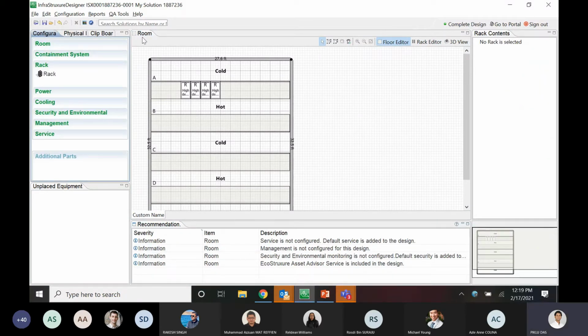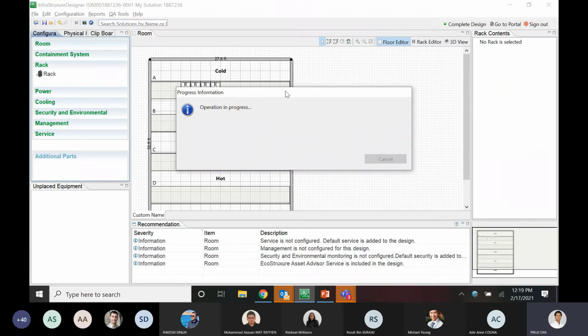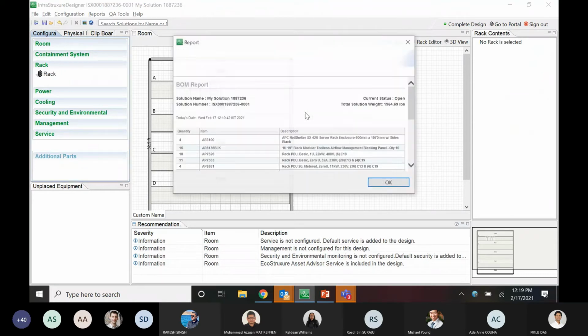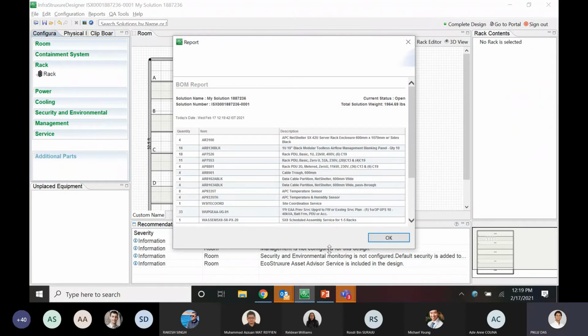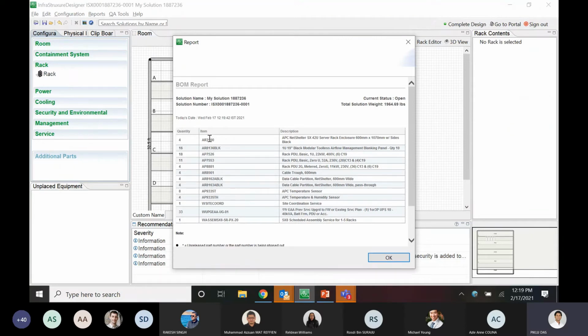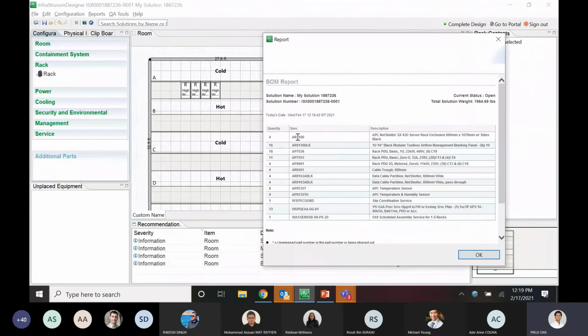Now we can also quickly go and check the BOM for this rack. So this is the BOM that has been generated so far. We have four quantities of AR3100. This is the blanking panel toolkit. Based on the calculations happening in the background, this is the 16 quantity that would be needed, and each blanking panel is a quantity of 10.